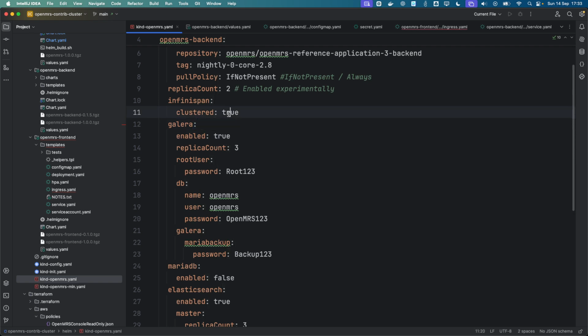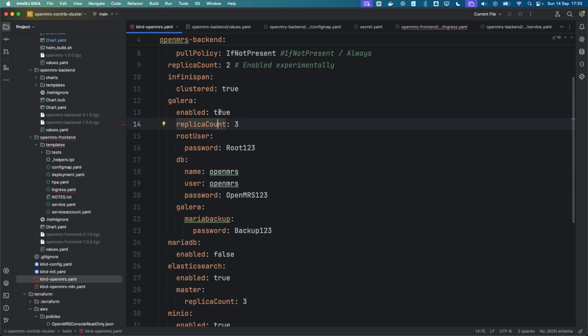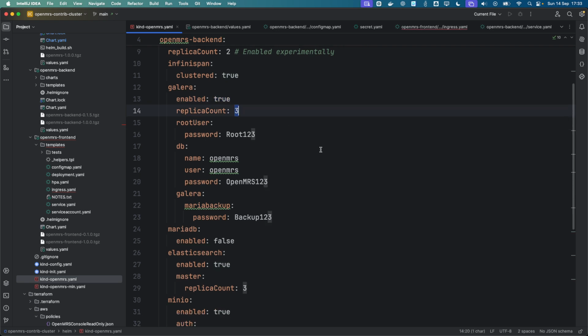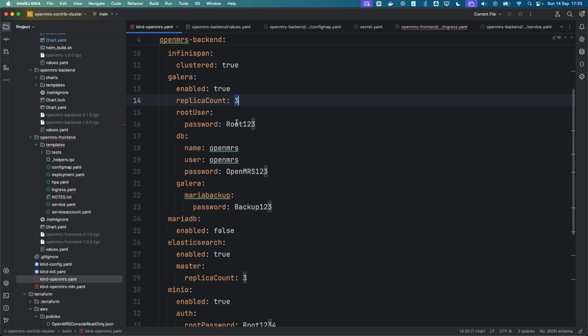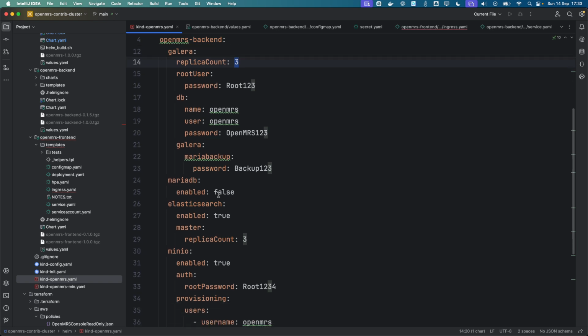I'm also enabling Infinispan cluster cache,